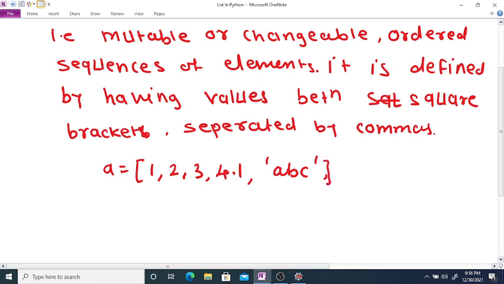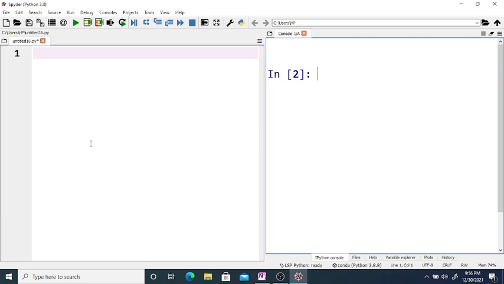So here a is equal to the list 1, 2, 3, 4, a floating point 5.1, a string abc, and one more element, 6. This way you can define a list.